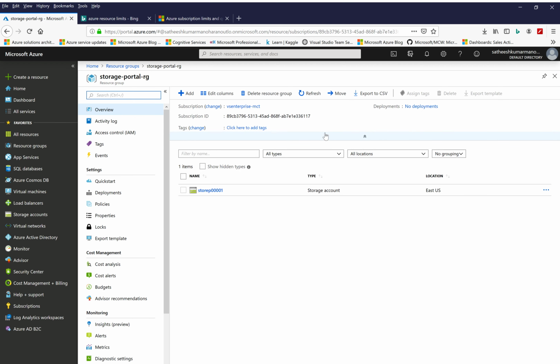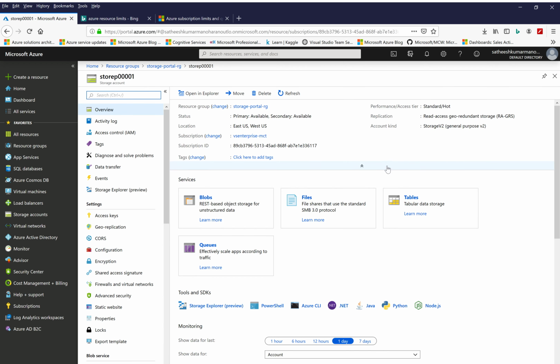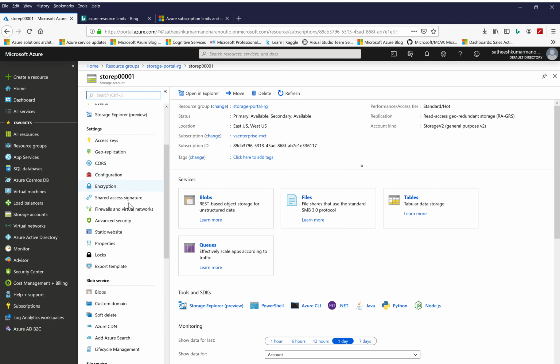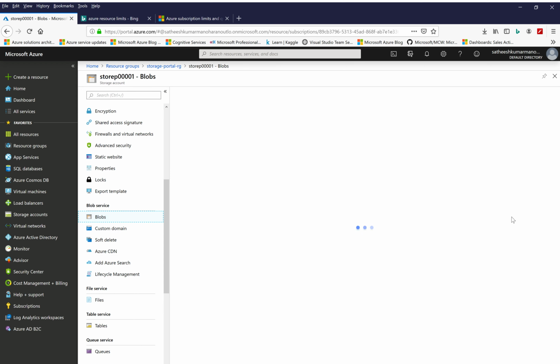I'll go to a sample resource group which I created in the past video, and I choose the storage account, and under that there is a separate section called blob service. Under that I'll click on blobs,